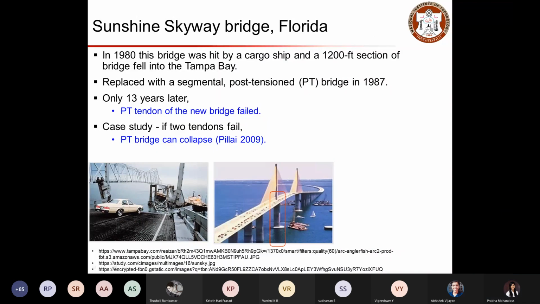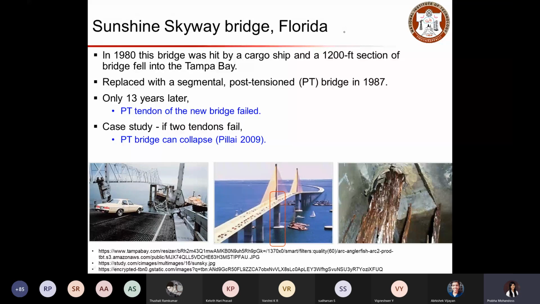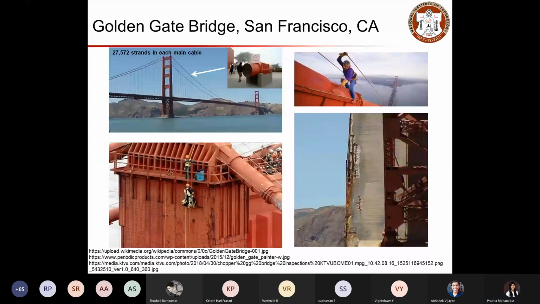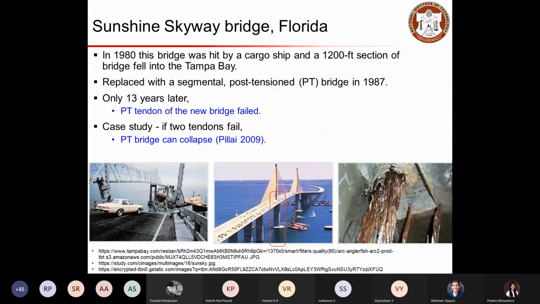It was constructed in the 1980s, and you can see a ship has hit the structure and it collapsed. Later, to fix that, they constructed or replaced those segments with post-tension bridges. You can see the post-tension bridge in the second image, which was constructed in 1987.